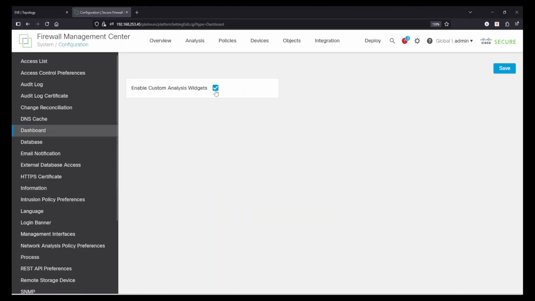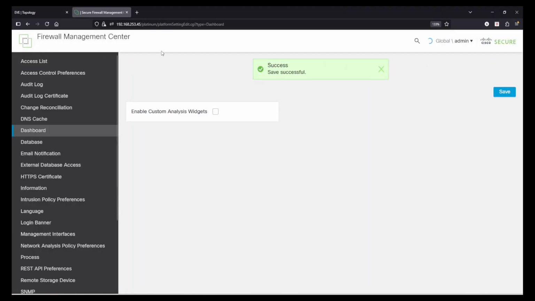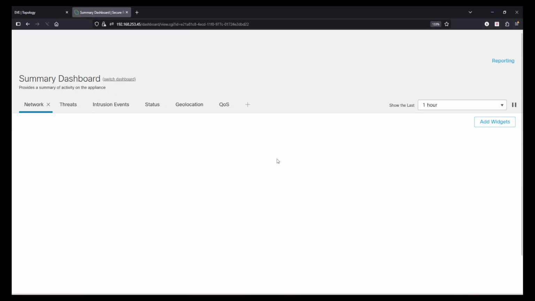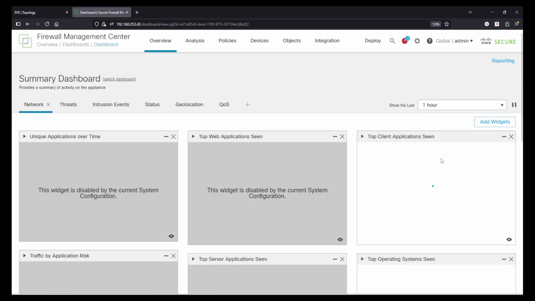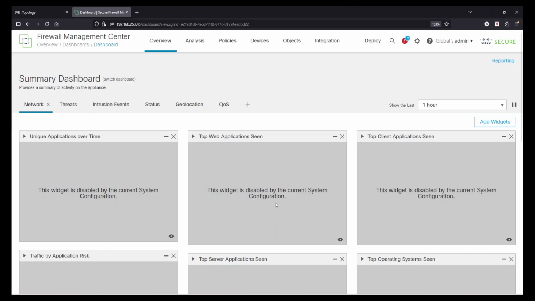Now if we uncheck this option and save the configuration, and once it is saved, and if I go back to overview and look at those custom analysis widgets, those were showing no data before, now they will show a different output. See, the widget is disabled by current system configuration. So that's what that option does. Okay. Now let's talk about the next option,